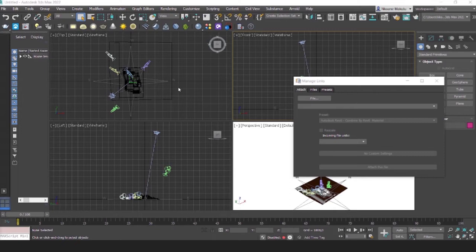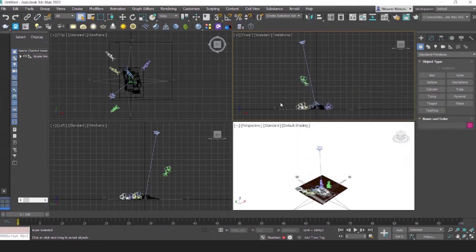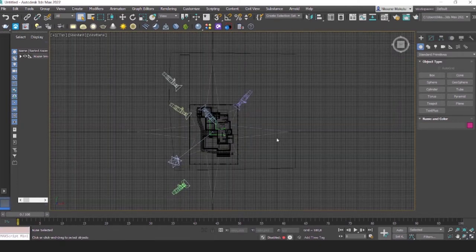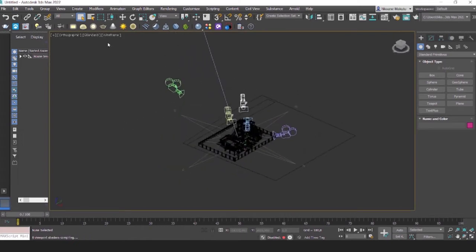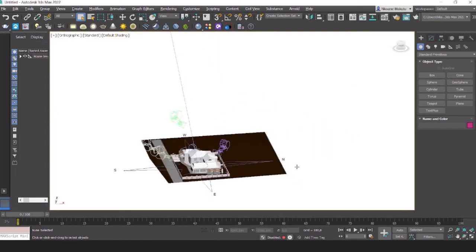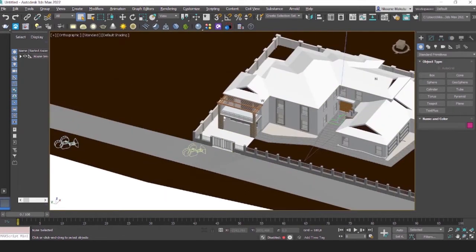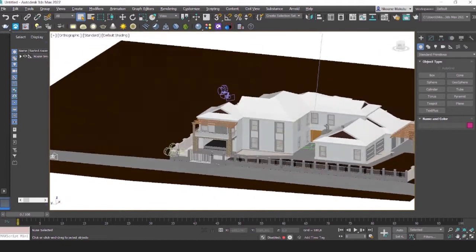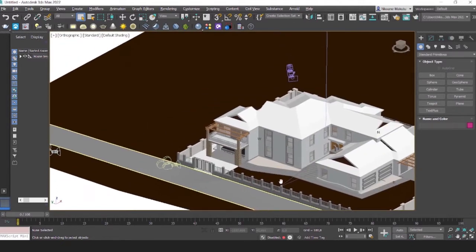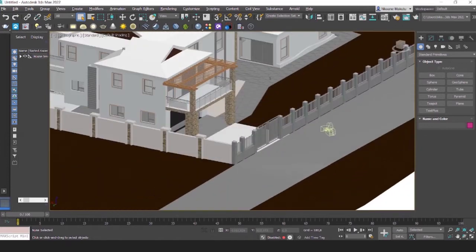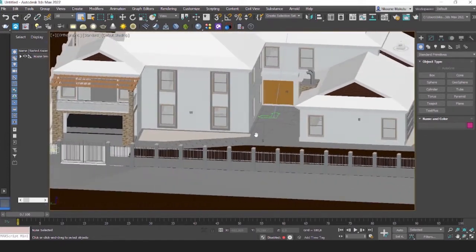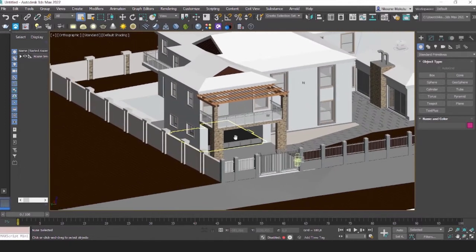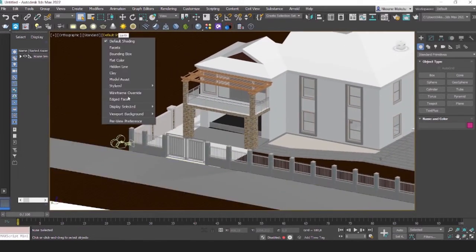In today's video we are going to be animating the scene that I have just imported into 3ds Max. This is a building that I just quickly modeled in Revit, and I'm going to use this as a basis for our activity for today. It is just a simple residential building, and the first thing that I'm gonna do,